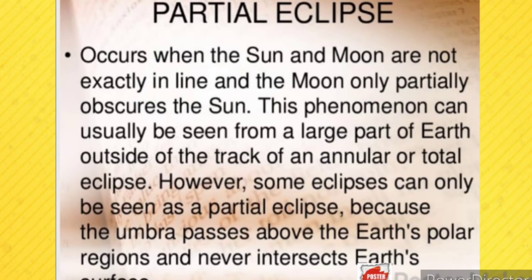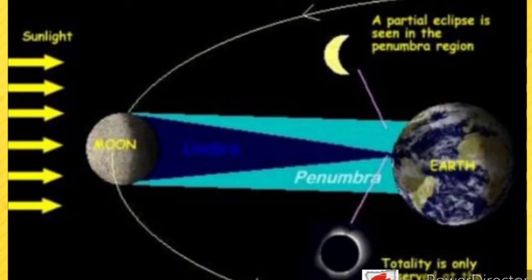So see in the diagram here, the sunlight is coming, the moon is there, but the moon is not completely covering the sunlight, due to the position of the earth and the position of the sun. So partial eclipses are seen above and below the moon's shadow. Here we can see that the complete shadow of the moon is not formed on the earth and some light reaches the earth from the sun. So this is a partial solar eclipse.